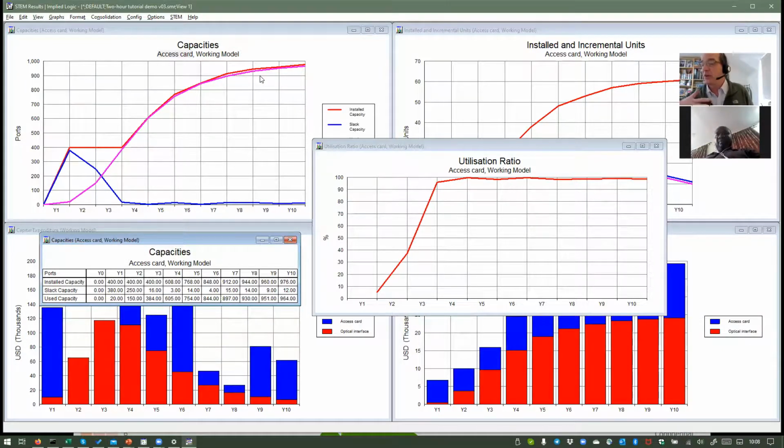So at any point in time, if you don't know, your best guess is there's going to be half a card spare. But what you're missing is it's half a card at 25 different sites. And at the moment, STEM is also missing this because I've deliberately not done the other part to turn this on. So